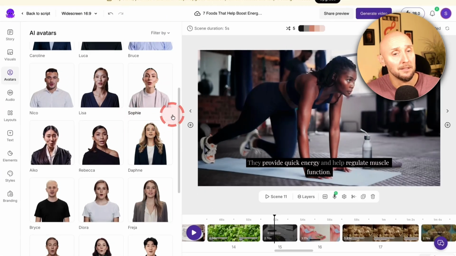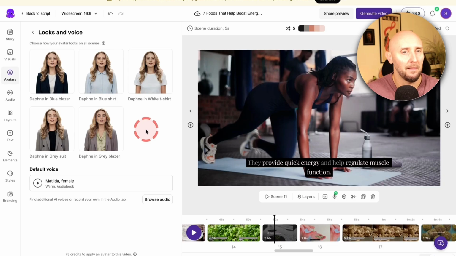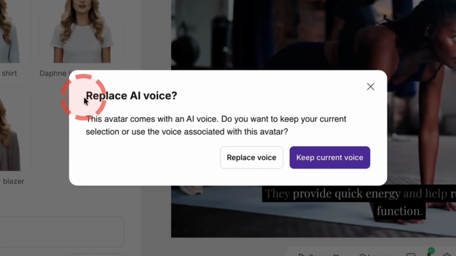And to add the one you like to your video, you just click on the avatar. And then here, you can change the look of your avatar in terms of what clothes they're wearing. So let's go with this one. And now Pictory is also asking me that since we're adding this avatar to our video, do I want to replace the AI voice that I added earlier? So I can actually keep the other voice and use this avatar, but in this situation, that's going to be